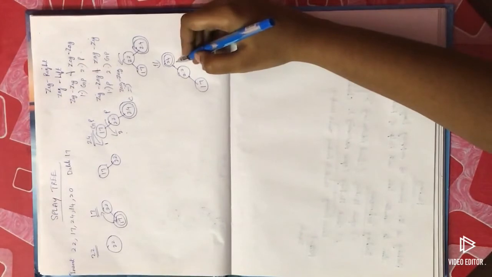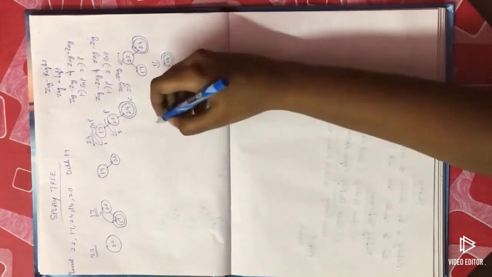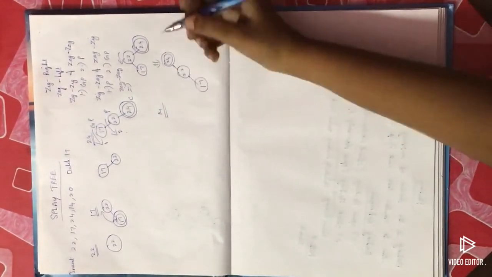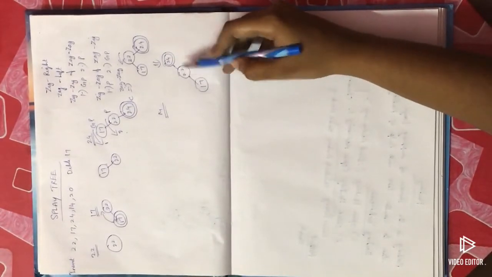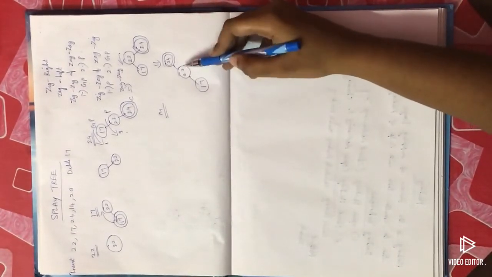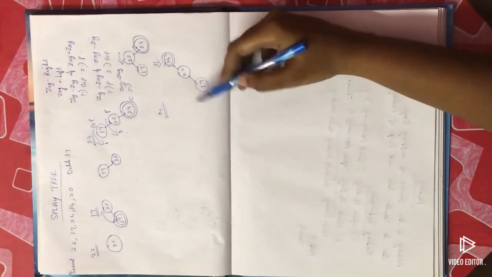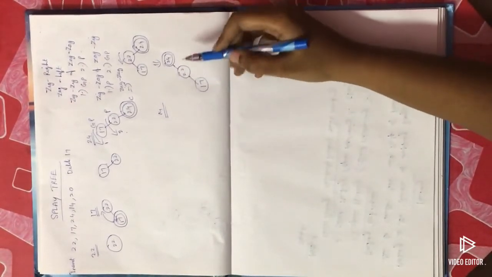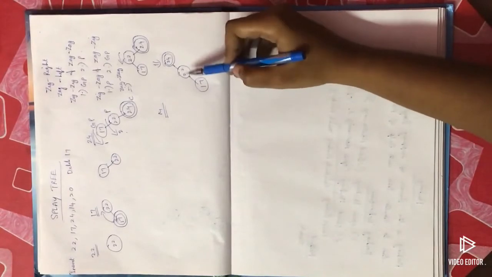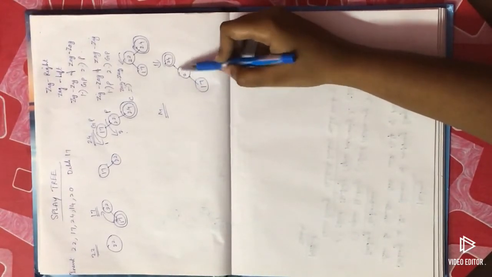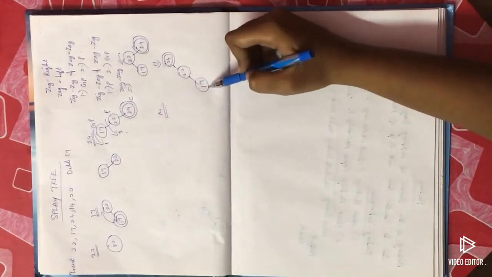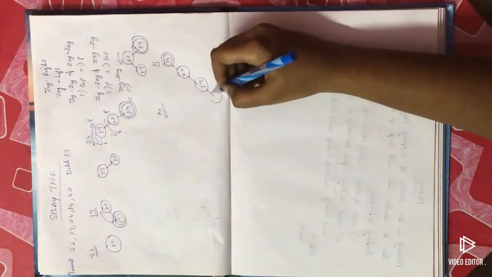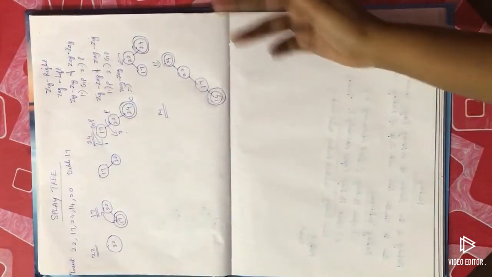Next we are going to insert the element 14. 14 will be at the left side of 24. Again compare with each and every element and insert the element at the appropriate position. So 24, it will come at the right side. Again compare with this element, left side. Again compare with this element, it will come at the left side. Now I will write the element here. So I am going to splay this 14 to the root.